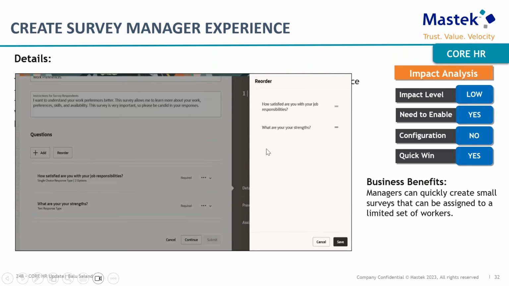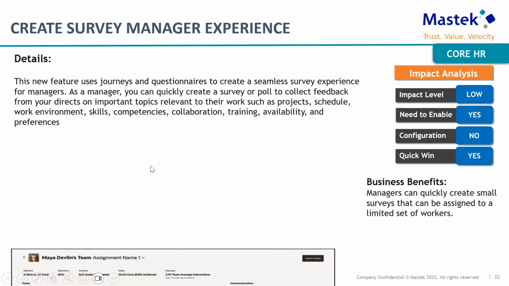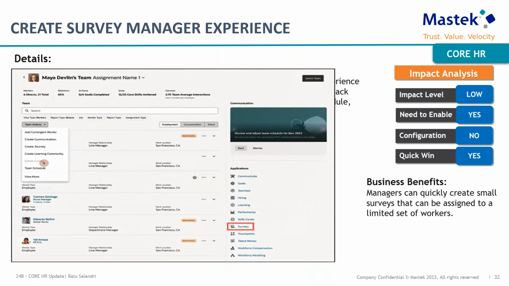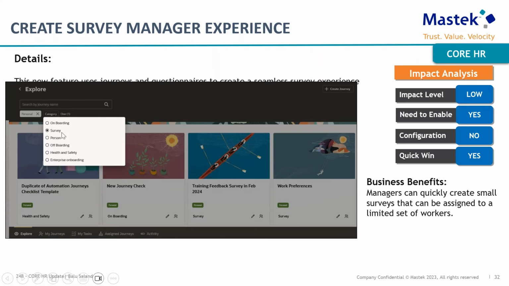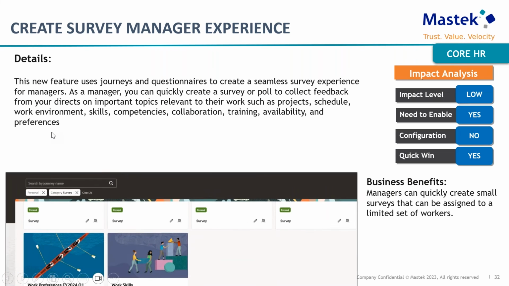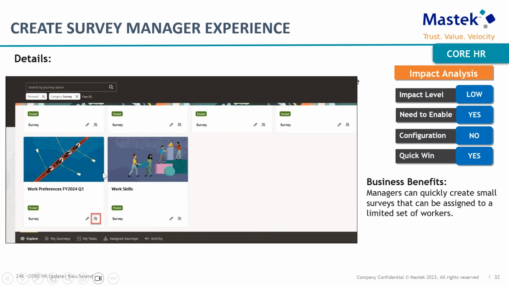You can also reorder the questions. So to manage a survey again, once it is assigned, let's assume you want to make some changes to the existing survey. Then either from Team Activity Center or My Team, you can navigate to survey and filter your search as a survey journey,